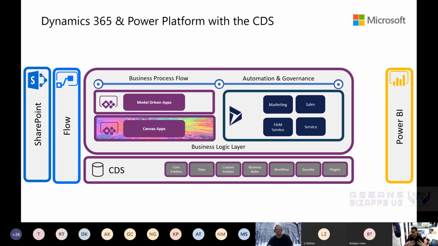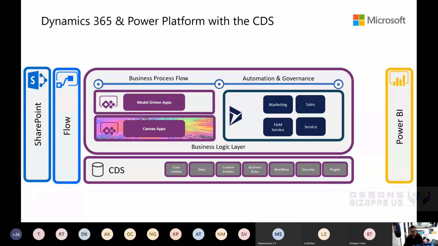Now, when you start thinking about the way this all fits together, the CDS is the layer that, what I call the Lego platform, right? So if you think about it like this, I'm going to transmogrify this into a Lego discussion. Check this out. I've got a sweet blue spaceship, right? Can you guys see that? That's a Lego spaceship. I'm going to start removing bricks from my Lego spaceship,